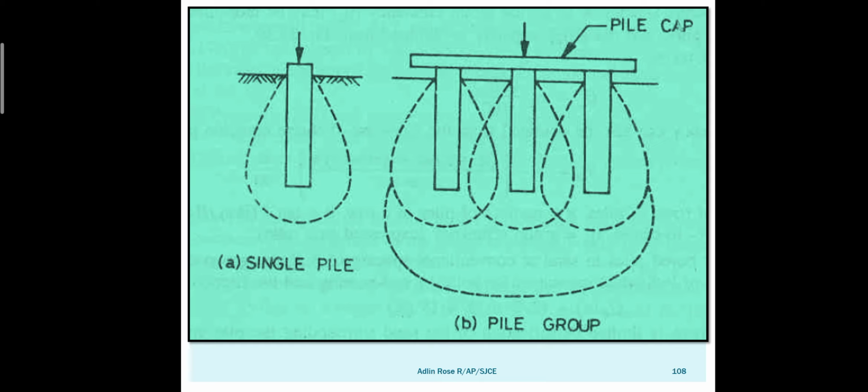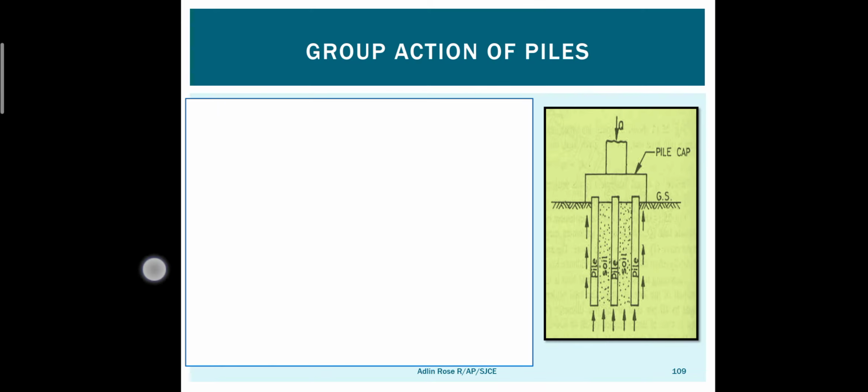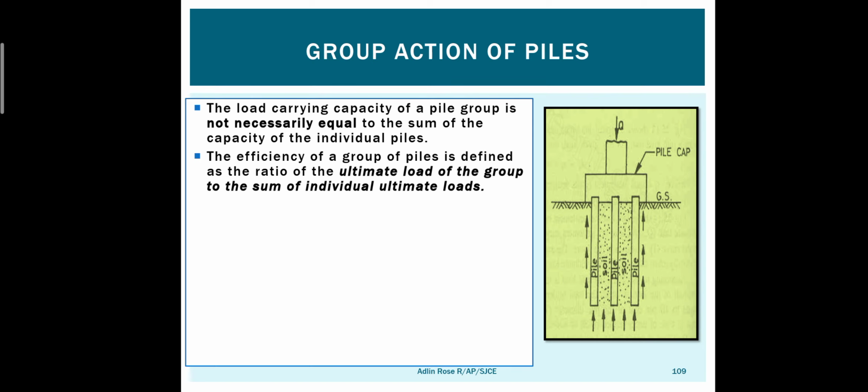Similarly, in a pile foundation, though they are different, and they have different single piles, and the single piles have different separate pressure bulbs, the total pressure bulb also exists, making the entire group of piles as one unit. So it will act as one unit. So we should remember that the pile group capacity is not equal to N into Qu, and there is a term, the efficiency of the pile group.